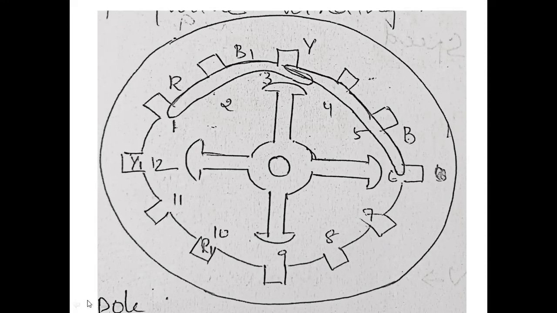So if you see the diagram, what we have assumed is there are 4 poles: first pole, second pole, third pole, and fourth pole, right? These 4 poles are sharing 3 slots each. So totally there are 12 slots. Each pole is sharing 3 slots, right? So we can say that here one slot per pole, one per phase. So here per slot one phase is there.